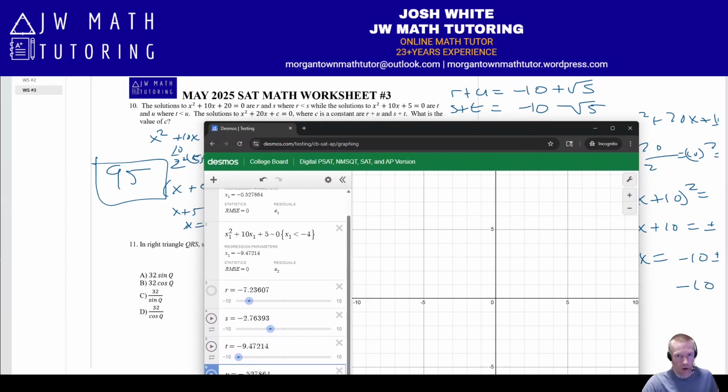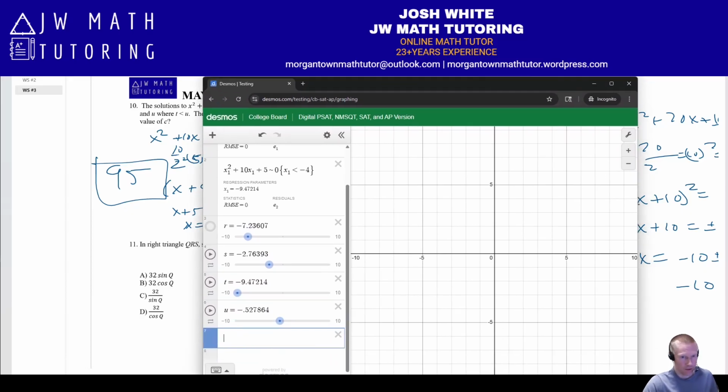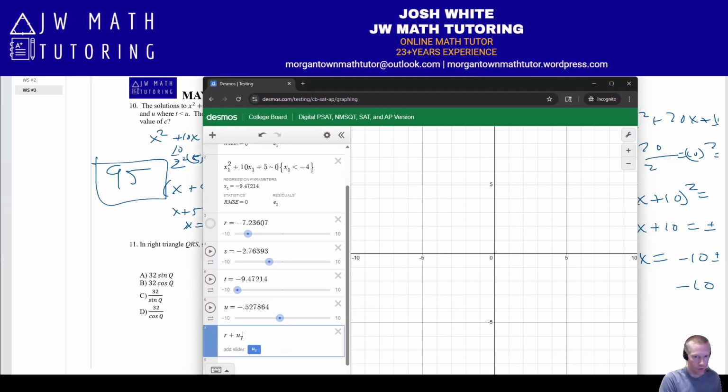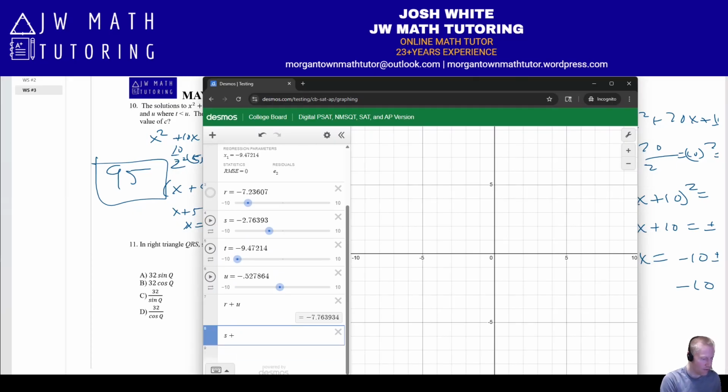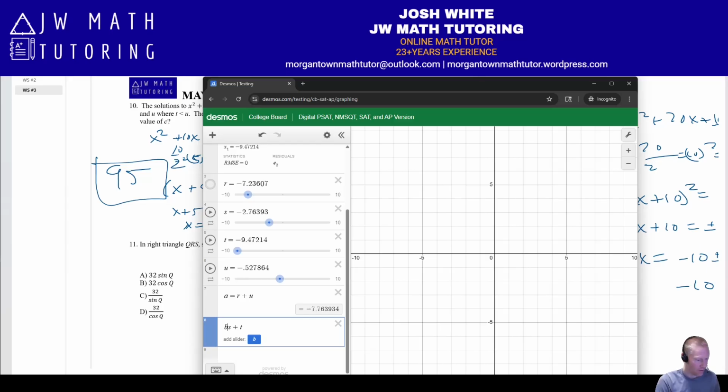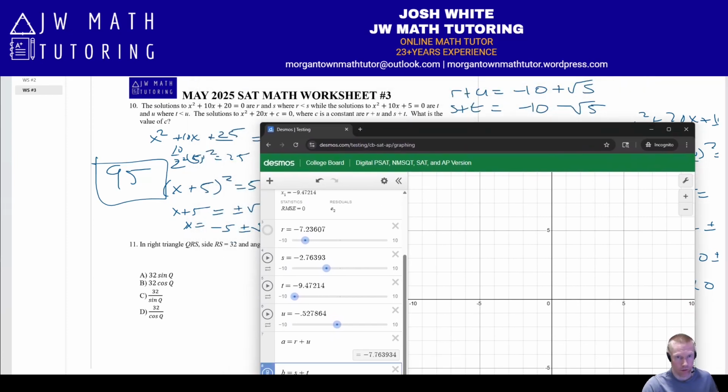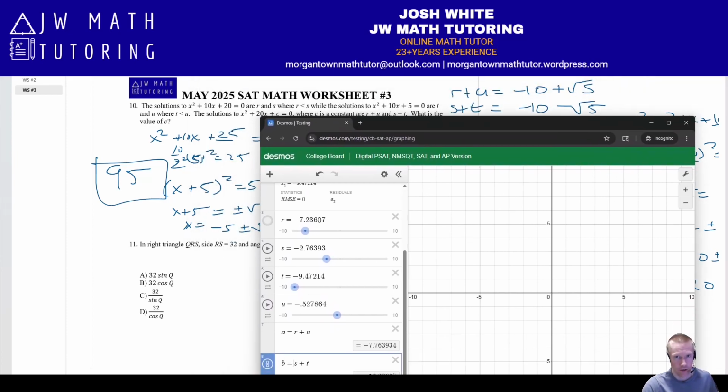Now, I've got to do R plus U and S plus T. R plus U, S plus T. All right, so I have these two values, right? These are the two solutions to the new equation. So I'm going to call this A, and I'm going to call this B. And then we're going to go to Desmos and do a regression where